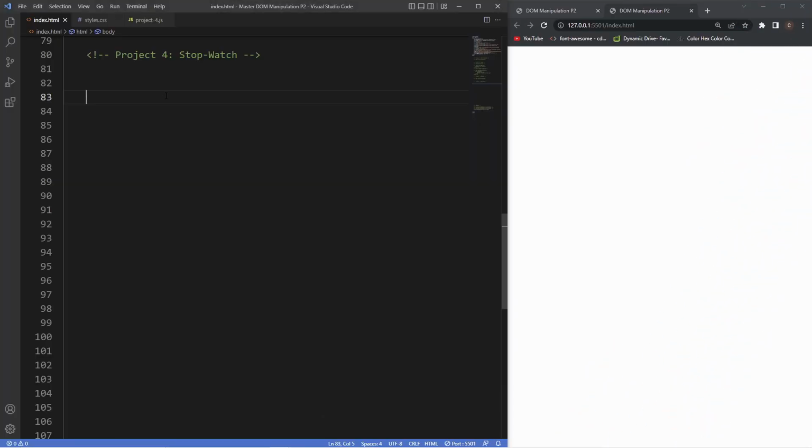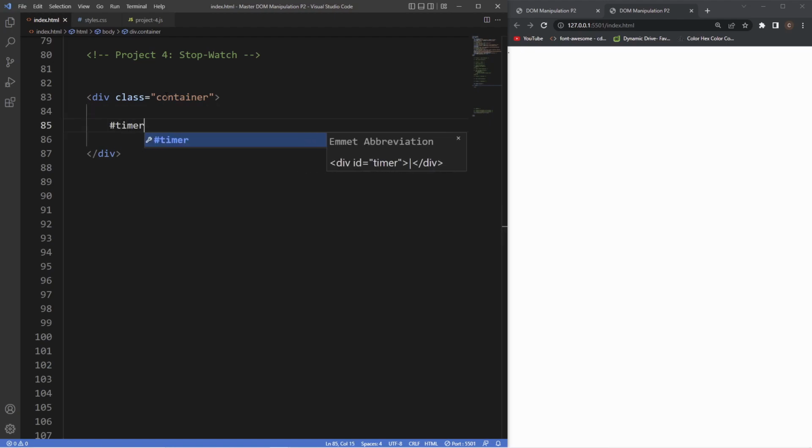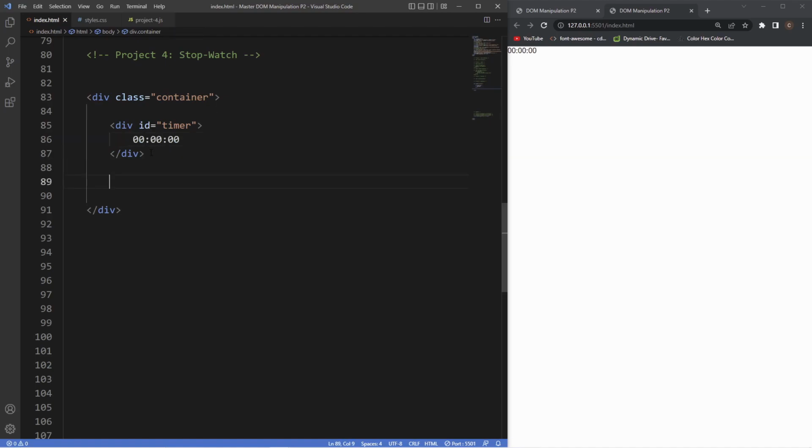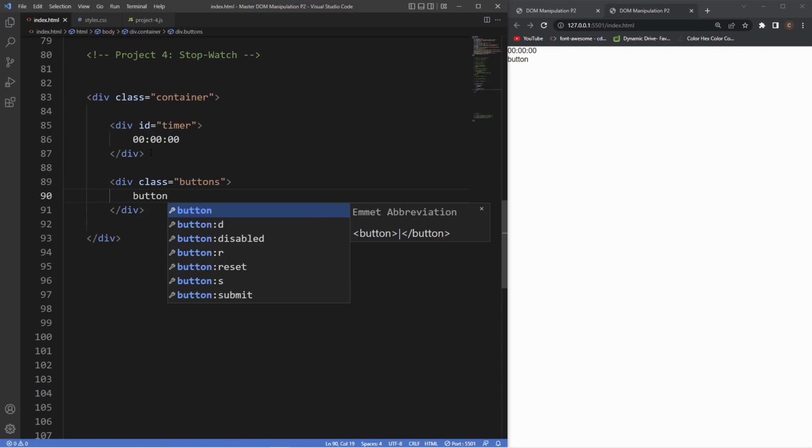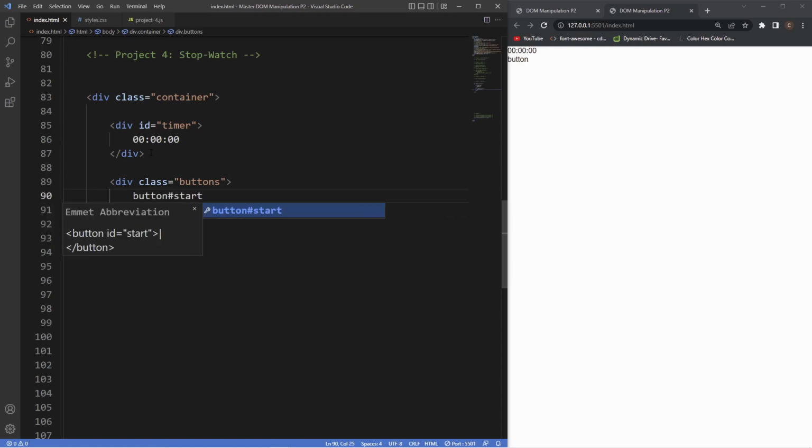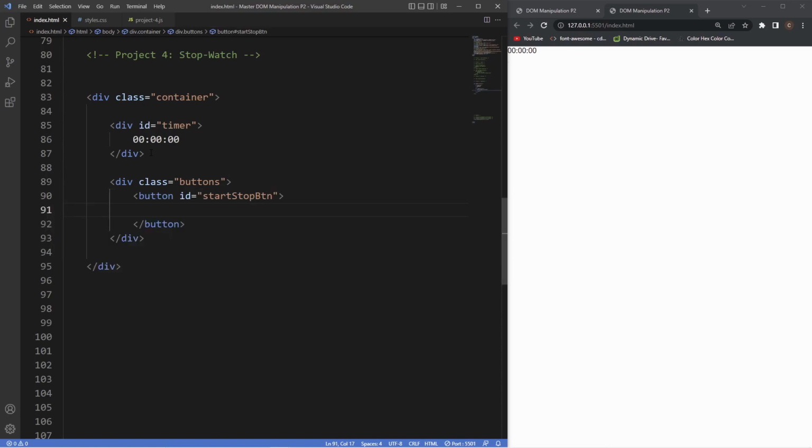Alright guys, so we're inside our index.html file, and the first thing we'll do is just create a div with a class of container. And inside of that div, we're going to house another div which is going to have an ID of timer, and inside of this we're just going to display our timer. Then underneath that we're going to have our buttons, so we're going to have a div with a class of buttons, and then we'll have the play button, and this is going to have,